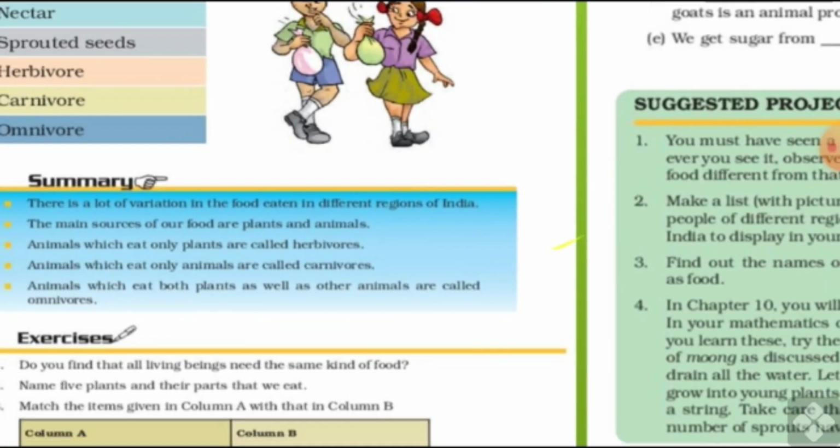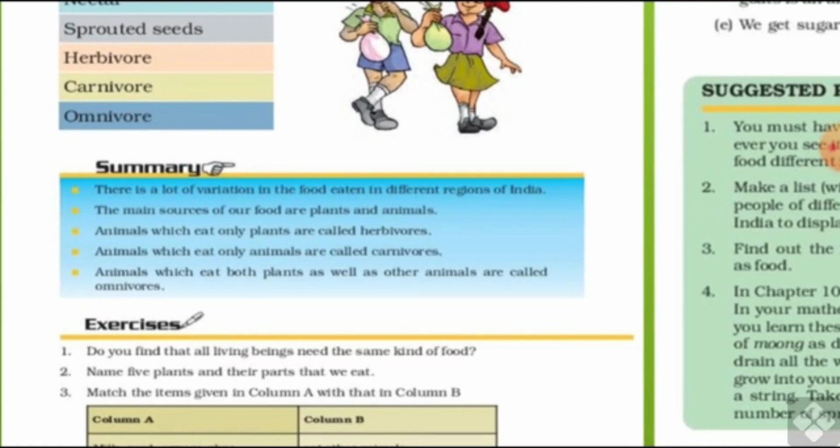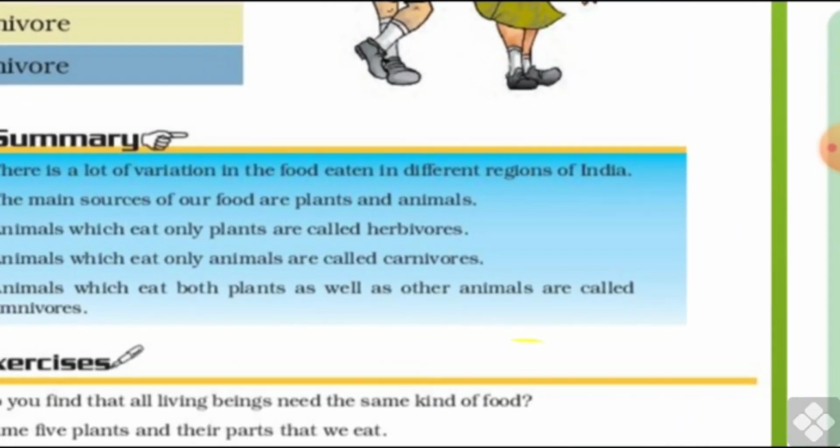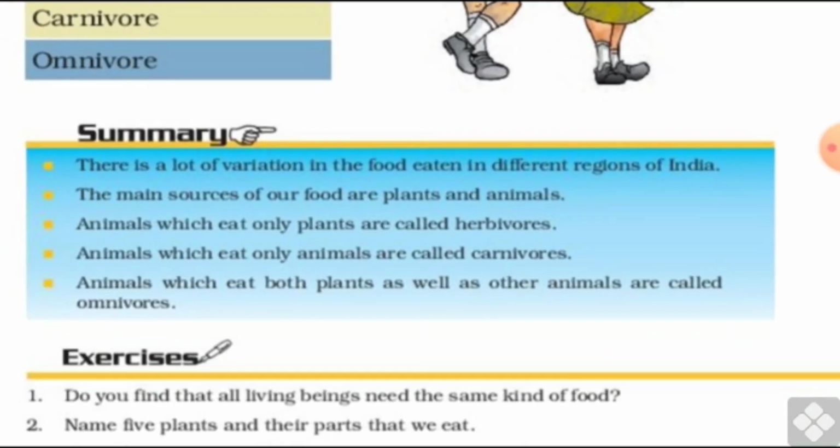So for a quick summarization, there's a lot of variation in food eaten in different regions of India. The main sources of food are plants and animals. Animals which eat only plants are called herbivores. Animals which eat only animals are called carnivores. Animals which eat both plants as well as